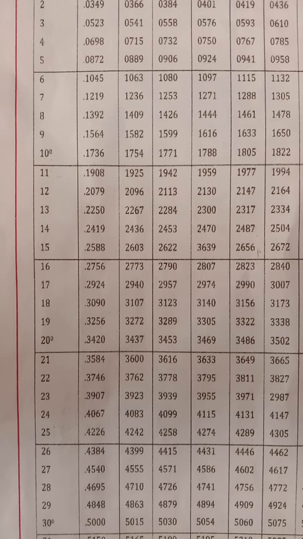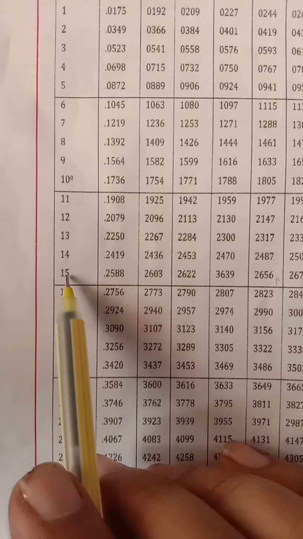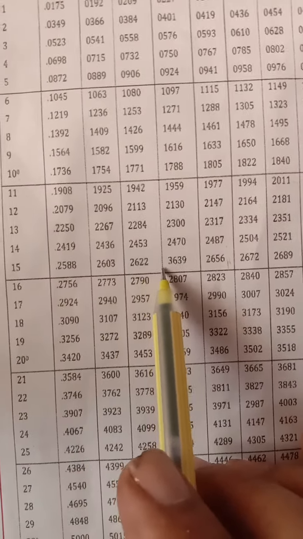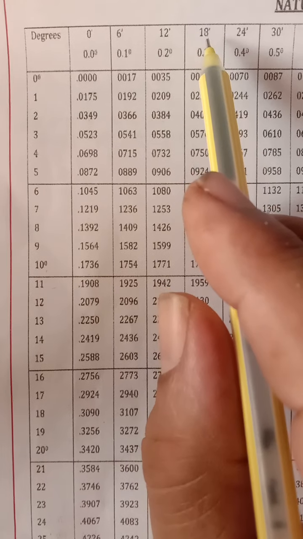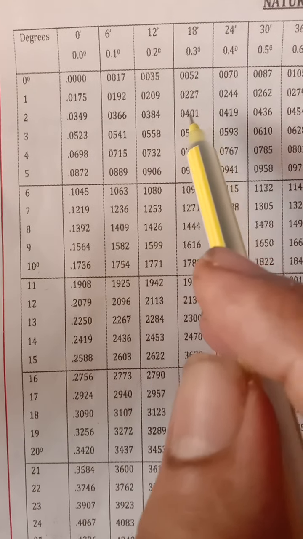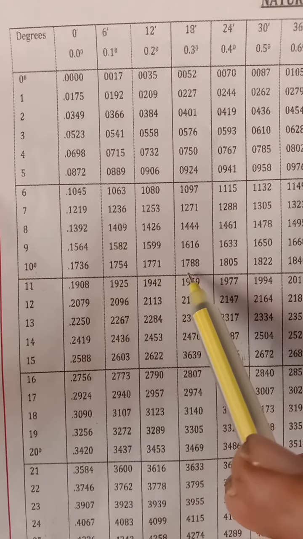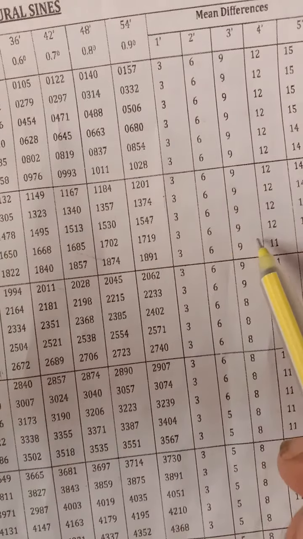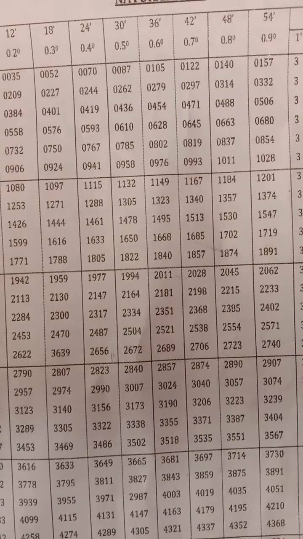Instead of that, if any angle is given in terms of degrees and minutes, then first of all we will have to find that angle in terms of degrees in the very first column. Then we will proceed horizontally such that the number of minutes given in this table will be just close and small to that of given value of minutes. Then its respective value will be found, and then if there is mean difference, then that respective mean difference will be added to this value, so that we will get sine of that given angle.